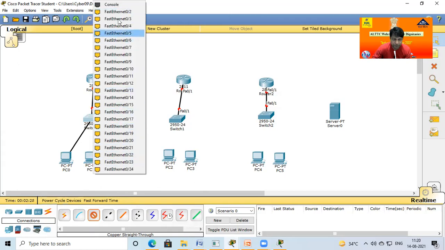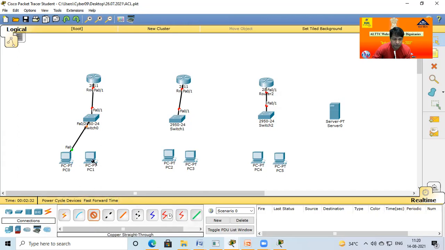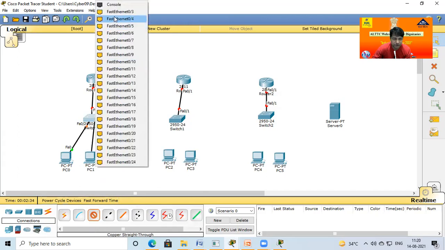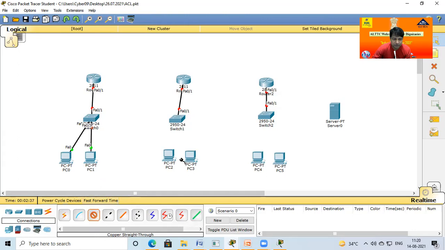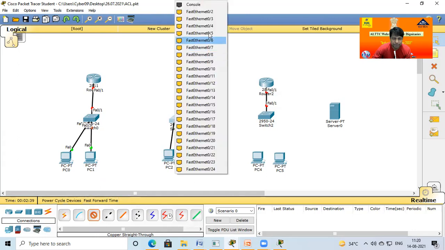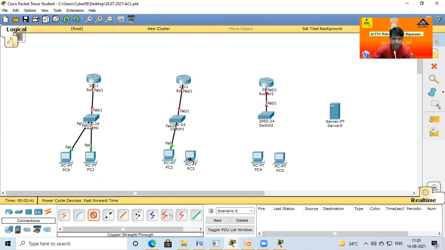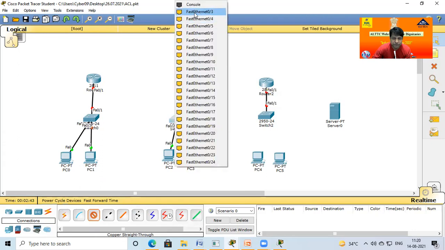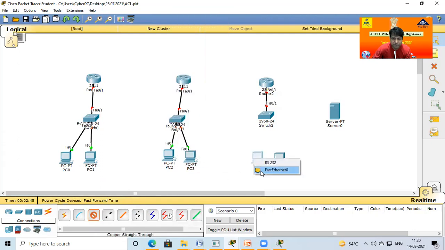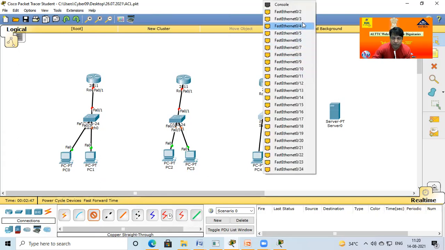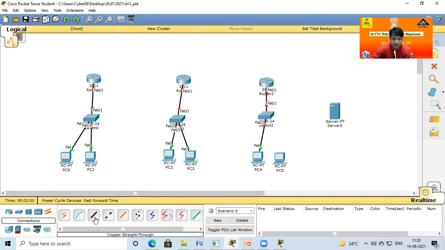You can put any port, there is no issue. So without any question mark, you connect these devices to the local switch. This is a local connection.